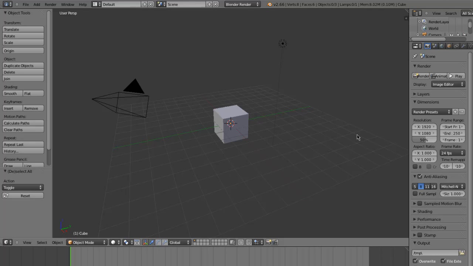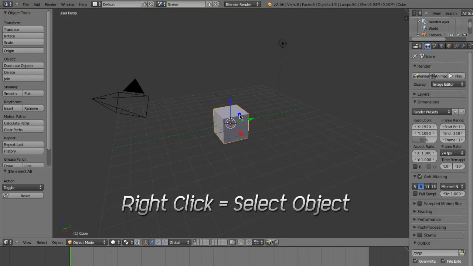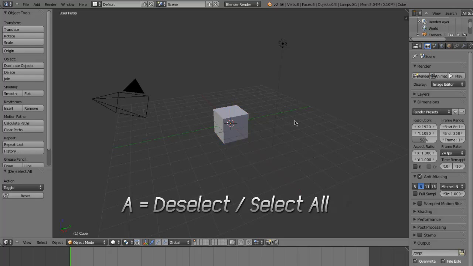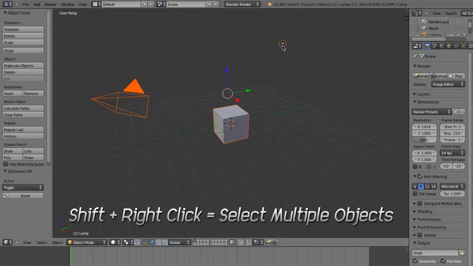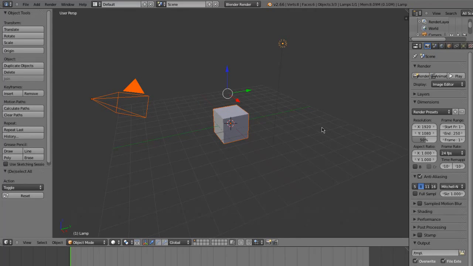To select an object, right-click on it. To deselect it, press A on your keyboard. Pressing A on your keyboard either deselects a current selection or selects everything if nothing is selected. To select multiple objects, right-click to select an object, and then Shift plus right-click the next succeeding objects you wish